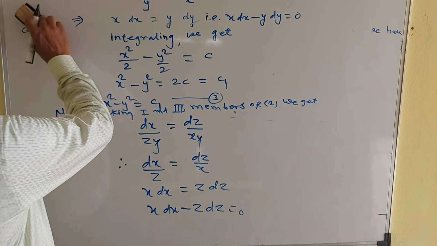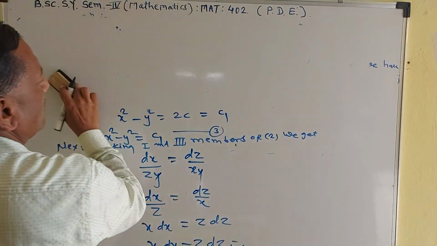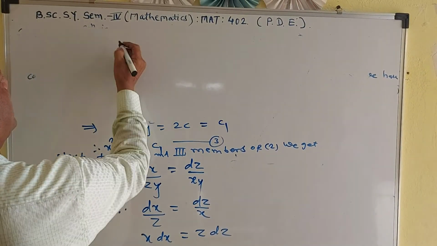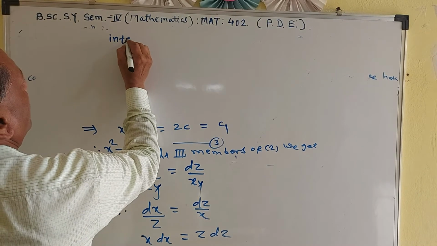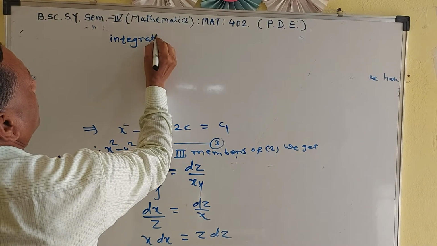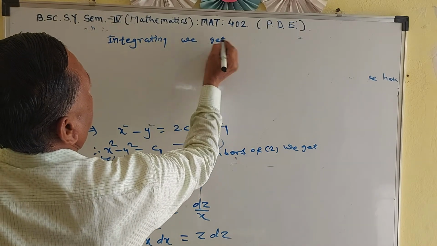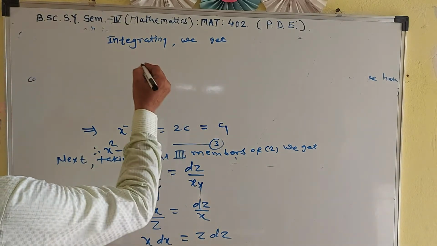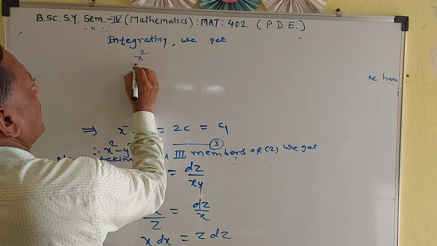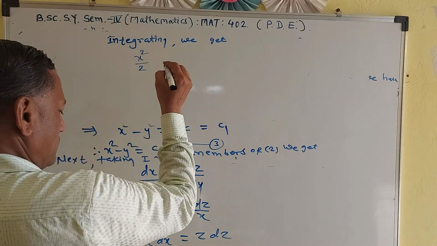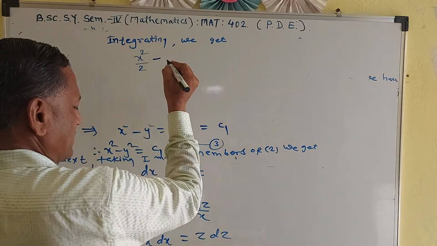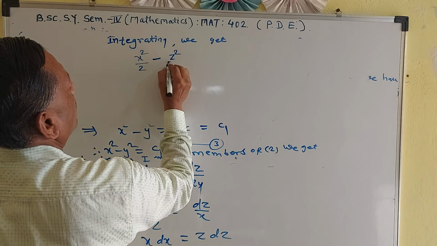Then integrating we get x square upon 2 minus z square upon 2